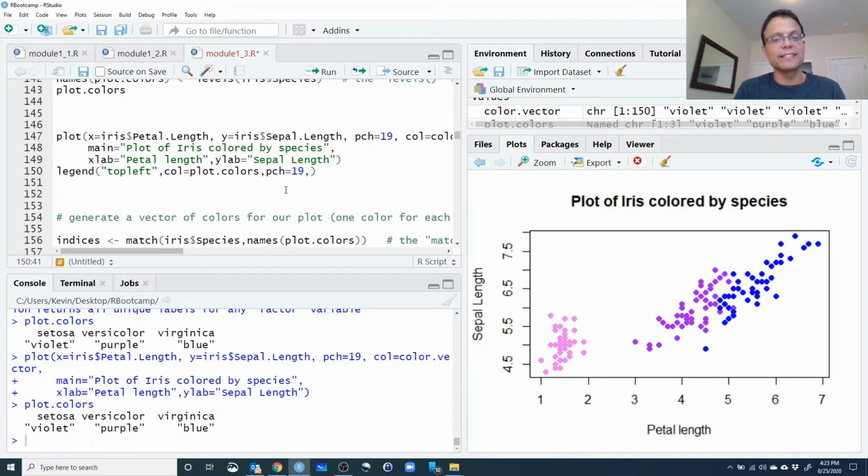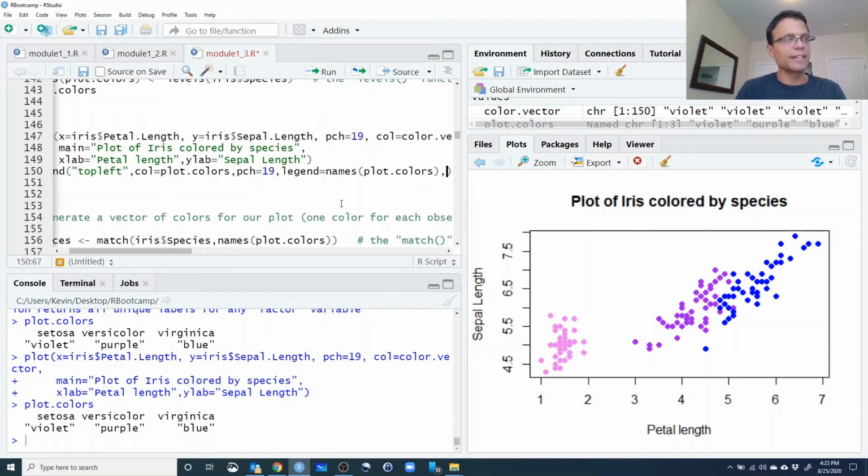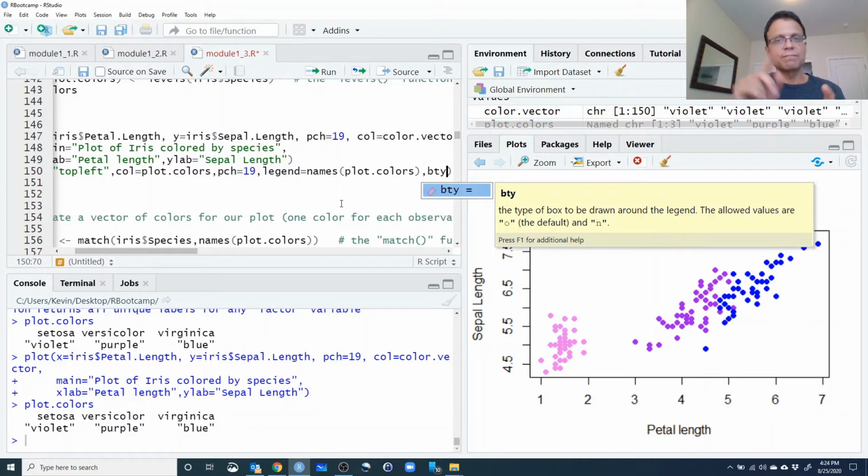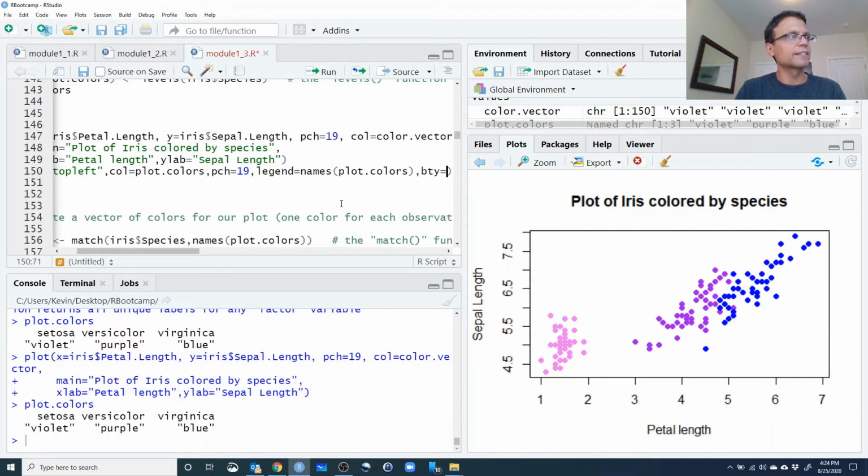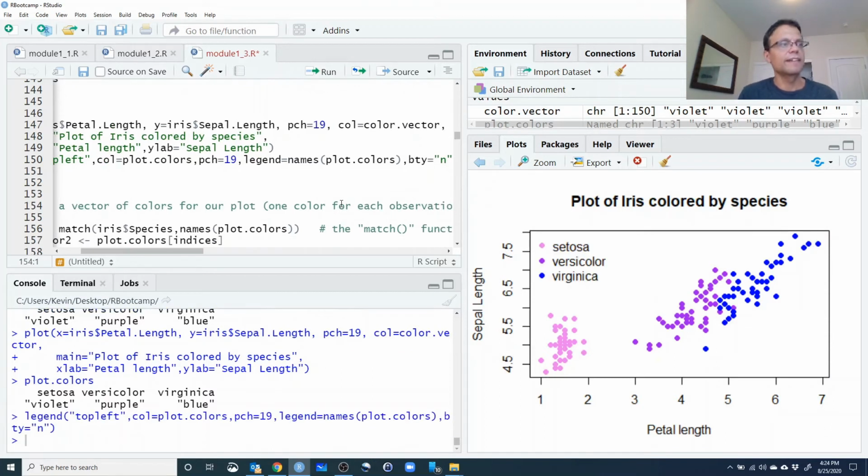And then I have to name the species. So we give the legend, which here is specifying what the labels are going to be in the legend, and that's going to be the same thing as the names of the plot colors, since we already named it. And there's a couple other things we can do to make things look better. By default, it's going to be a box around the legend, but I can say I don't want a box, and now we have a legend. Don't worry, I went through that really fast, but we'll go through legends in a second. So now we have a much nicer publication quality figure, which means we can now move on to our